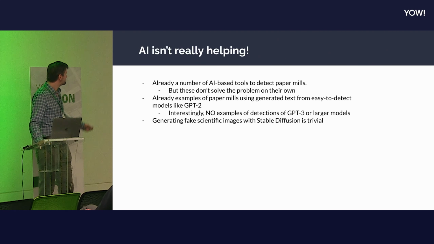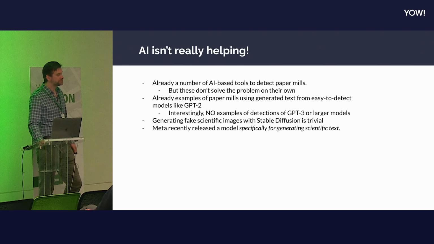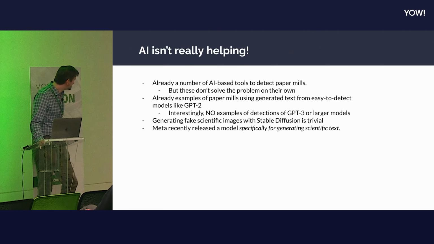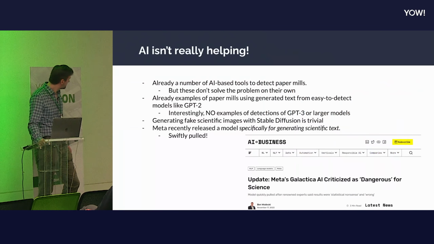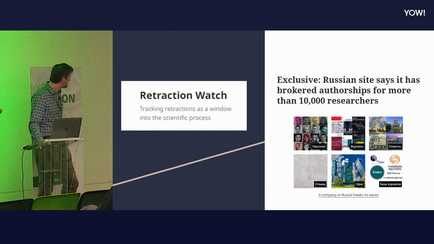You're going to make some fake scientific images. You can use Stable Diffusion. It takes a few minutes. You just take the caption off an image, shove it in, it'll give you a fake scientific image. That's always been a good way to catch them, is image fakery. But that's probably going to go away. Meta, a couple of weeks ago, I think now, they released a model specifically for generating scientific text, which, given the above context, might not have been a great idea, and it was swiftly pulled. A little article about it here, but basically a lot of scientists complained that paper mills might use it, and also there's a few other reasons why that was maybe a bit of a premature launch.